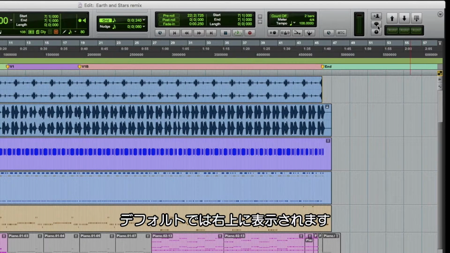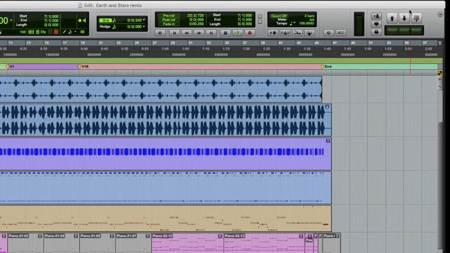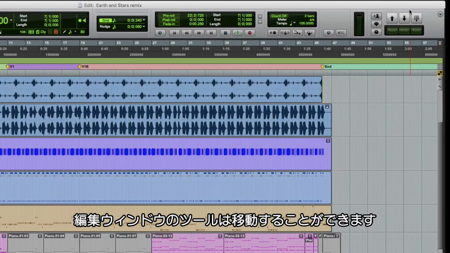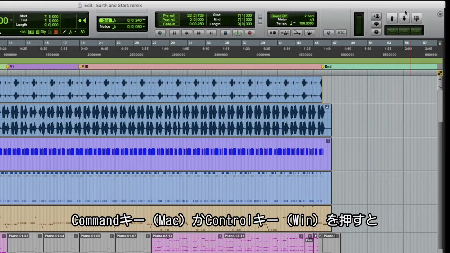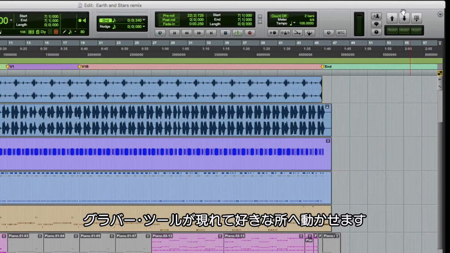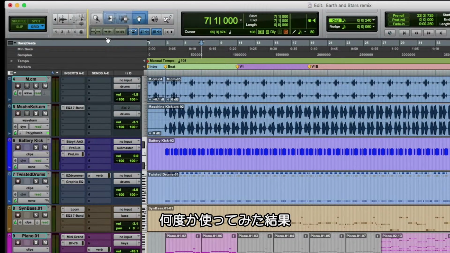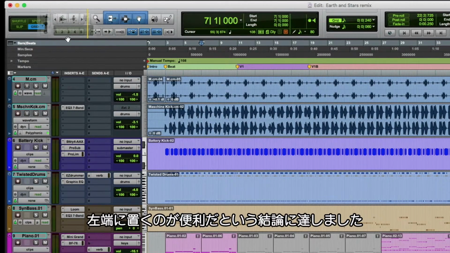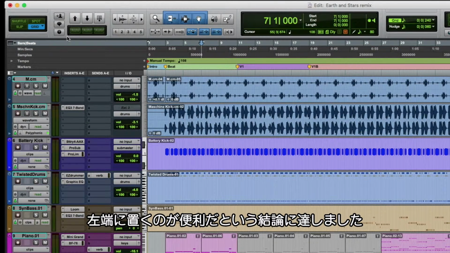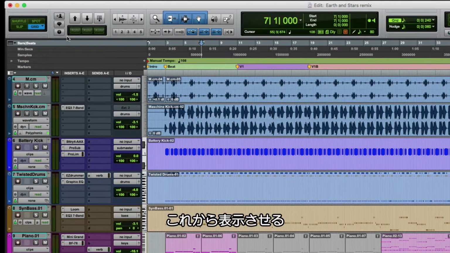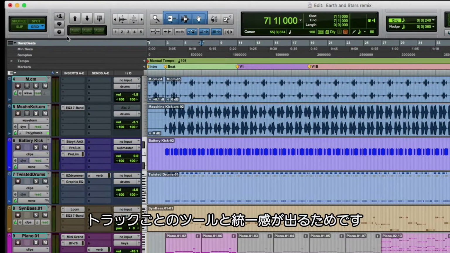Now by default, they come over on the far right hand of the edit page. A lot of people know this, but if you don't, a really cool trick with all these little modules of tools in the toolbar of the edit page: if you hold down the command key, or control on Windows, you'll see a little grabber hand come up. Any one of these modules you can grab and move anywhere you want to. Tom and I have been working with this software for quite a while, and we've decided that we like it down here on the far left-hand side, because it's in a nice little column with the next set of tools we're going to look at, which are the track-based collaboration